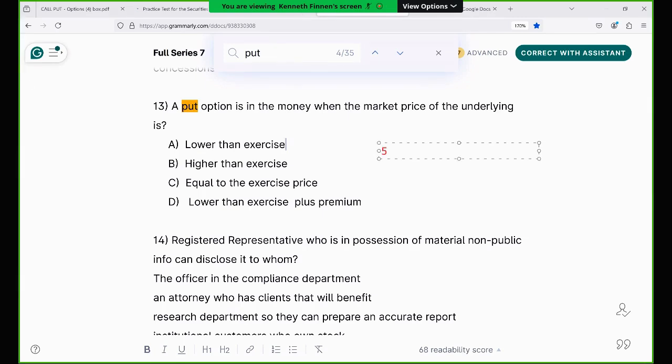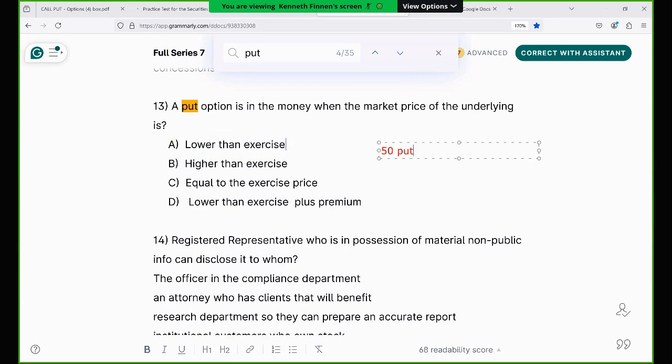If you buy, it doesn't matter buy or sell, 50 put. Anything below the strike price is in the money. Anything above the strike price is out of the money. In the money, out of the money. Okay? So the answer is,